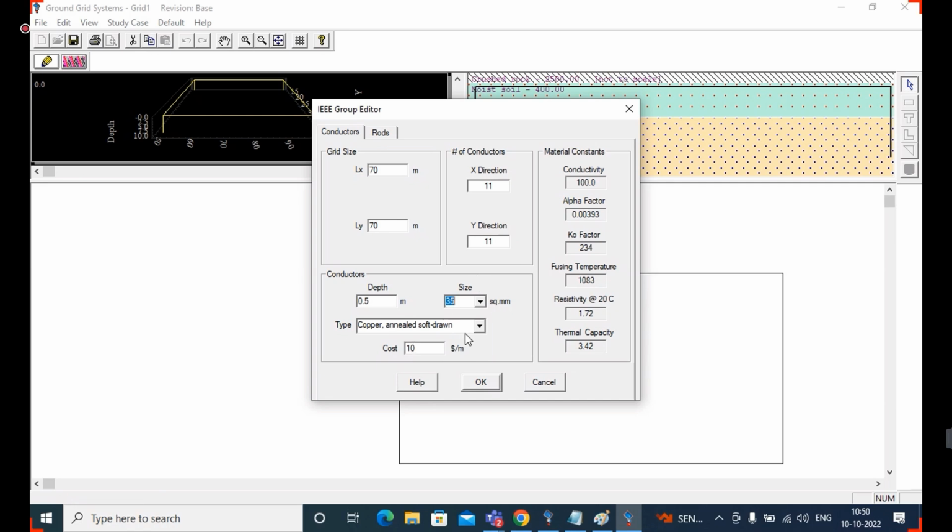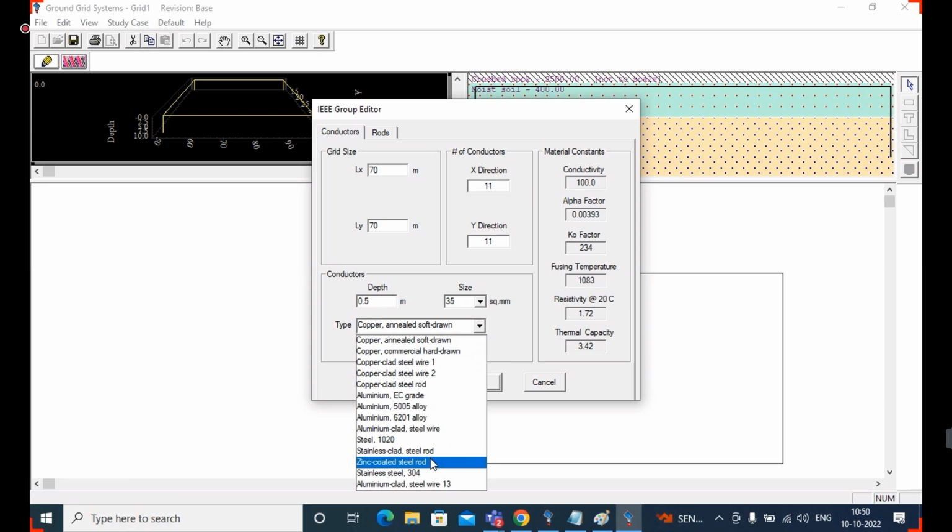Which conductor type am I going to use? I am going to use copper clad steel rod. Here we have many types, right? While you are checking the design, you can check any other types also. Compared to aluminum, copper conductivity is very high, so that is the reason I am using copper clad steel rod.